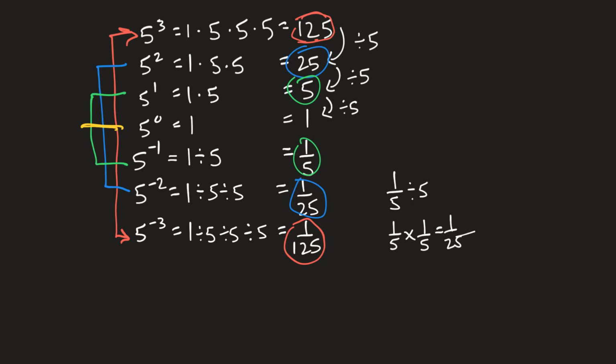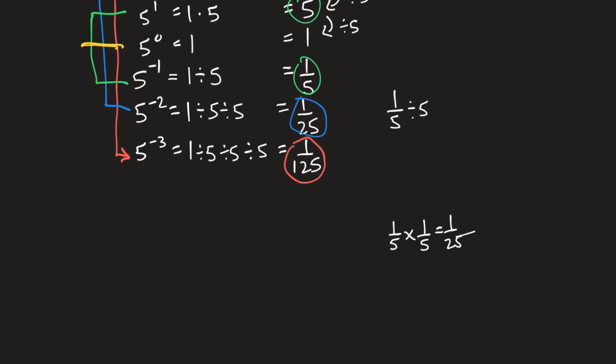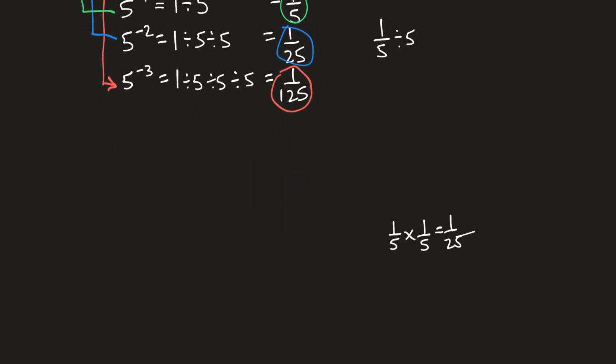Now, what I could do is I could use this idea right here. Let me shimmy everything up here, and I will erase this little thing here. I don't need this, or this. Now, if I use this idea of 5 to the negative third is equal to 1 over 125,